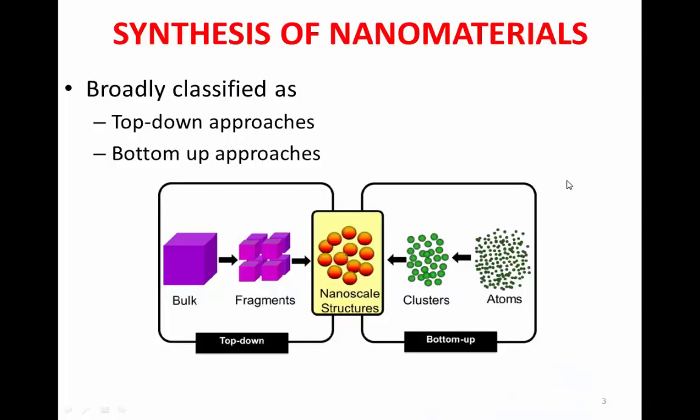Here, this figure illustrates the synthesis of nanomaterials from top-down and bottom-up approaches. From these two processes, we are obtaining nanomaterials of nanometer size. In the top-down process, we obtain the nanomaterials from a bulk material. This bulk material is divided into small parts, and ultimately we obtain the required nano-sized materials, which is similar to obtaining the Ganapati idol from the big stone.